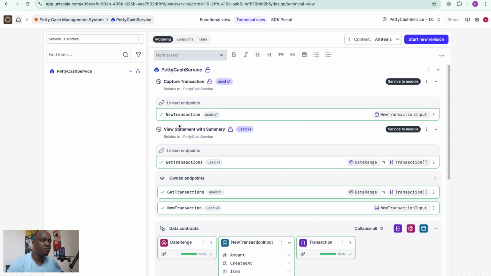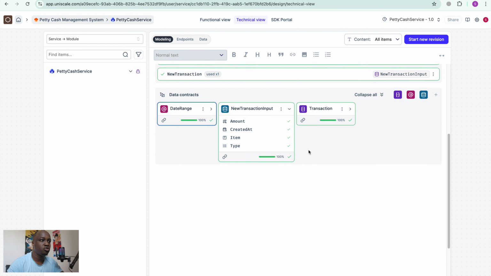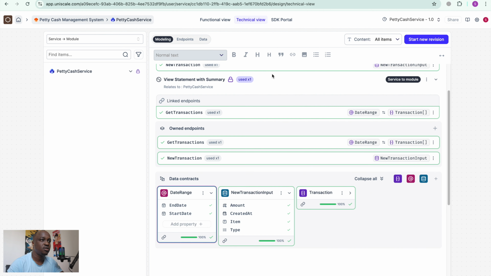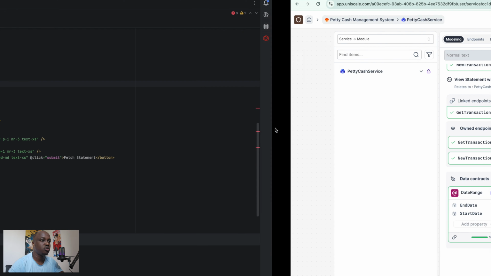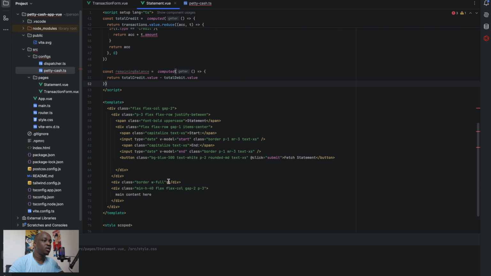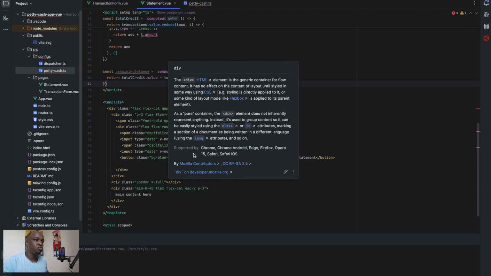That padding may be off, but this is what we're dealing with, the date range. That's what I was trying to show you before. From, you see, end start, and you can see we're expecting an array of transactions. So this is what we're trying to deal with. So you can see the output is a request response, and it's supposed to return an array of transactions. So let's go back to